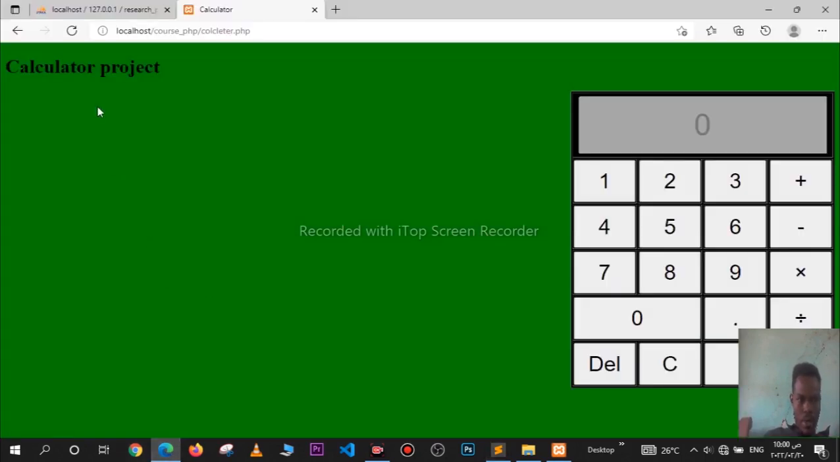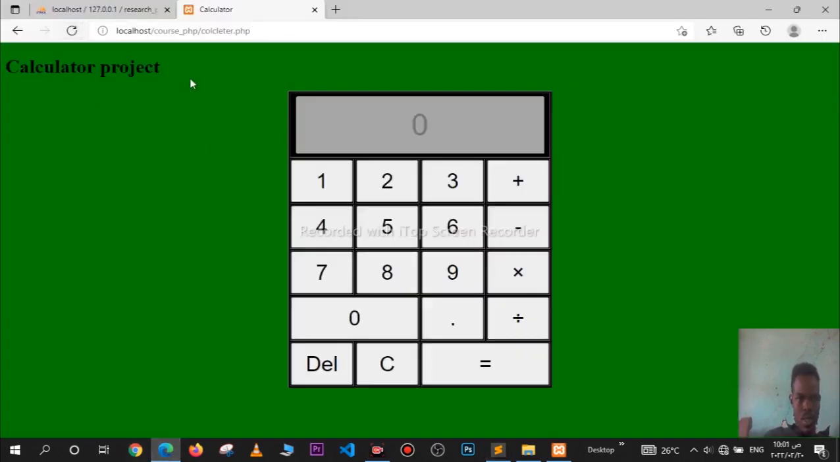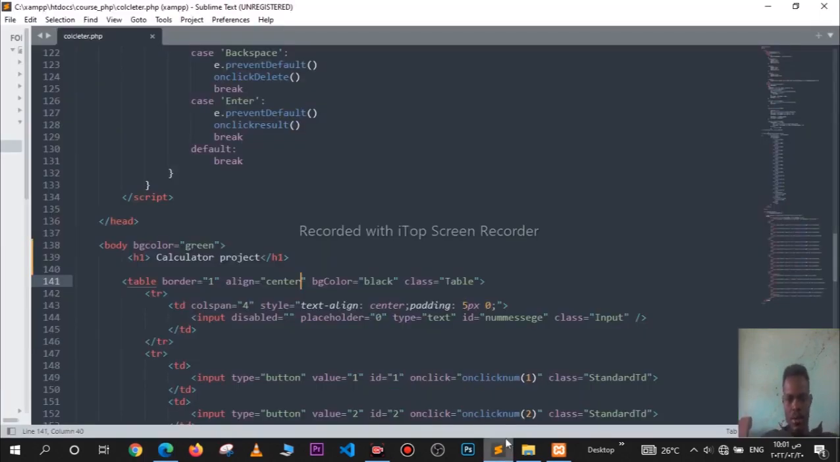If we go back here with center, it puts the calculator in the center. And if we go back here, I'll use black for this BG color. This is for the calculator and all the classes like the table. If we go back here,